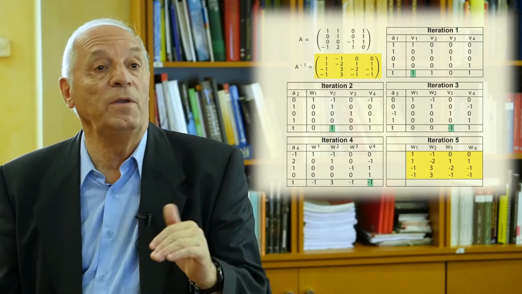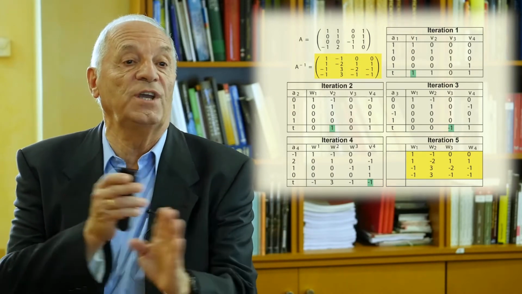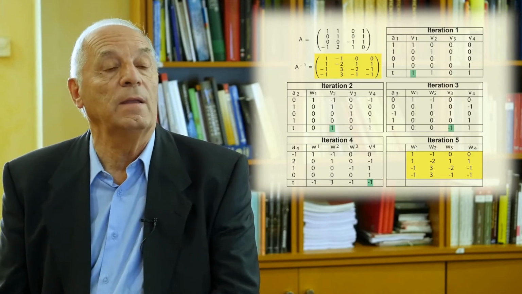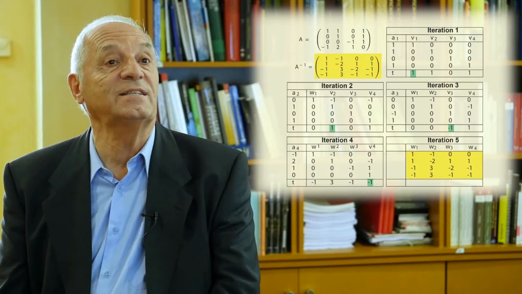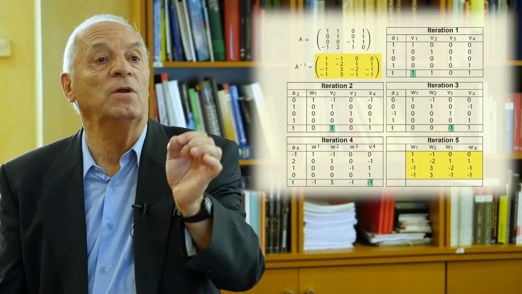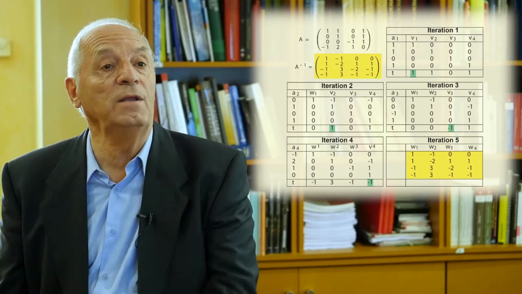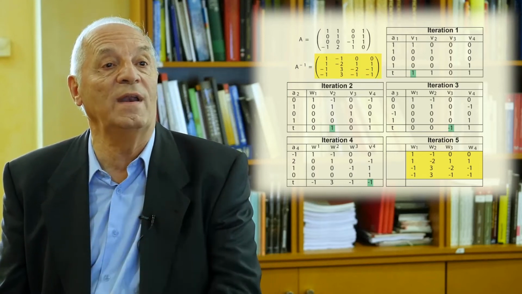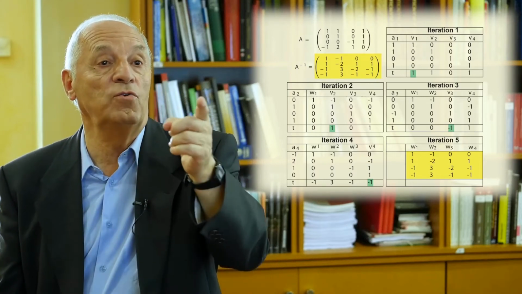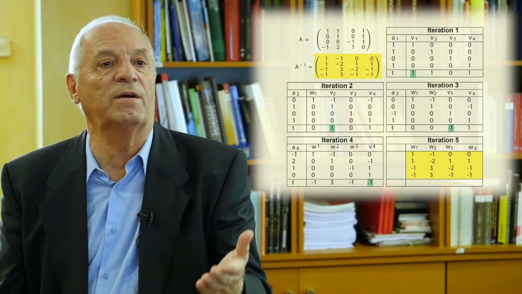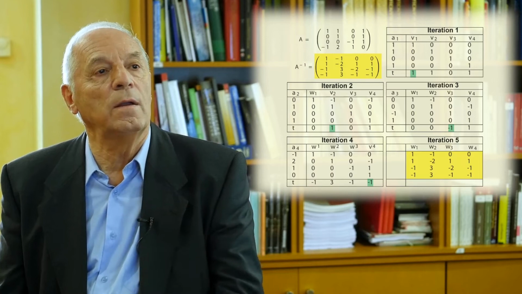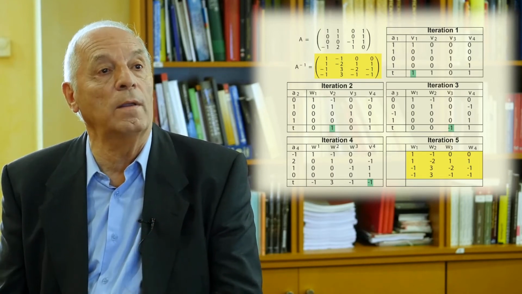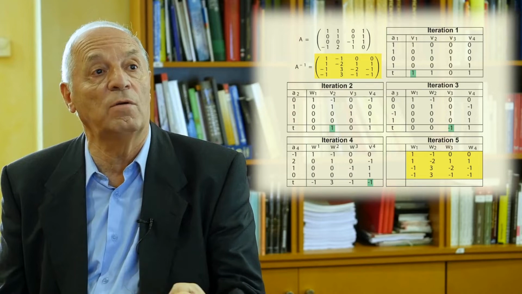But if we pivot in different order, we just need to change the rows, as we will see later. Another interesting thing is that we can obtain the determinant just by multiplying the pivot values. You have the pivot values 1, 1, minus 1, and minus 1 in green color. If you multiply all these numbers, you get the determinant of the matrix. So with the same work, you can obtain the determinant, not only the inverse of a matrix.